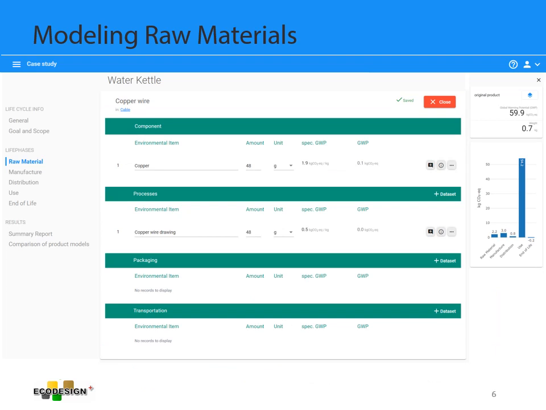After creating a new component dataset, an environmental item, its amount and unit need to be specified. To find an environmental item, just start typing the name in the field and the drop-down menu will show fitting items from the database. Just like in the assembly on the previous slide, the component allows to add processes, packaging, and transportation. Now let's look at how to add processes of manufacture to the product model on the next page,